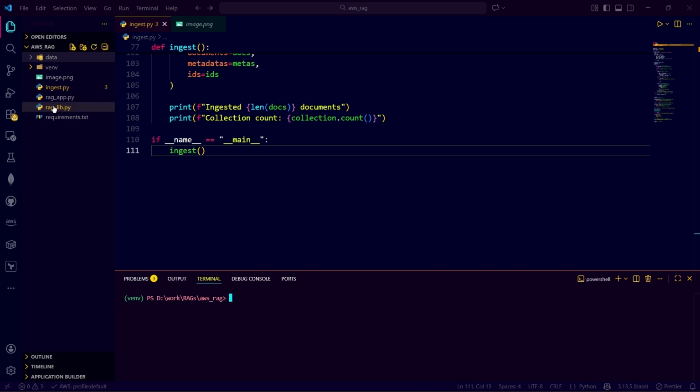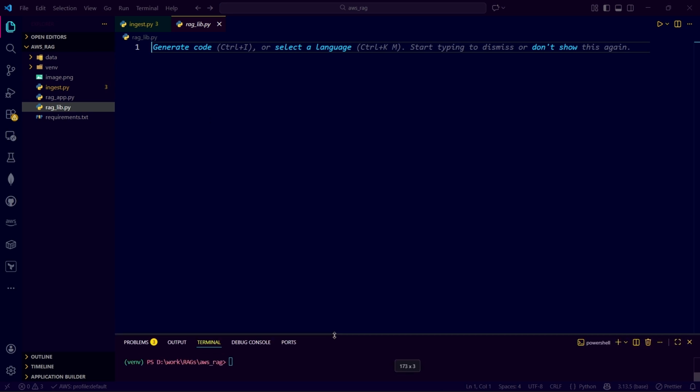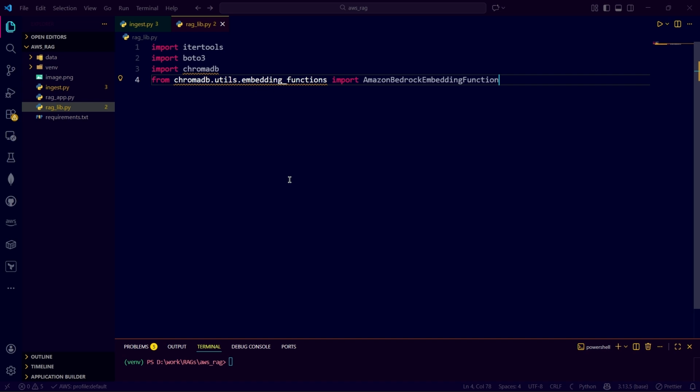And now we will look into this next folder, that is raglib. Here what we will perform is how data is retrieved and generated. That is what we will perform here. So next, in our retrieval and generation part, firstly we'll install all the required libraries for this, and then next,